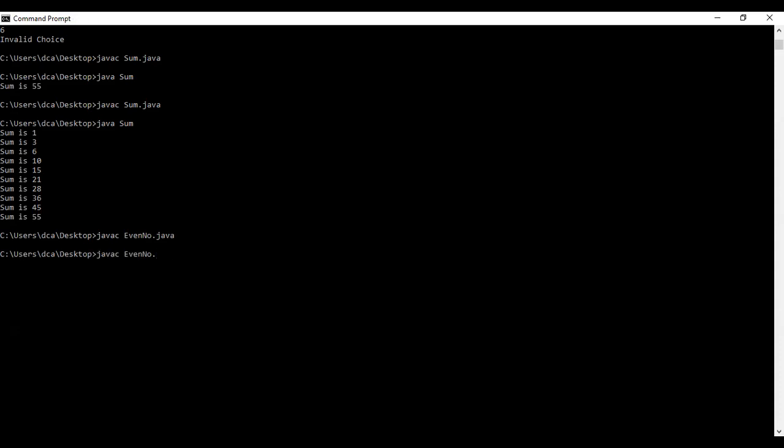So it is compiled successfully. So now we will execute it. So it displays even numbers, like the even numbers 0, 2, 4, 6, 8, and 10. It includes the 10 because we use equals to.